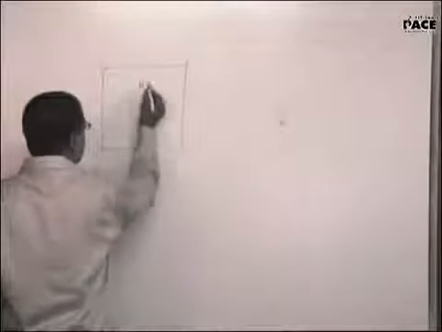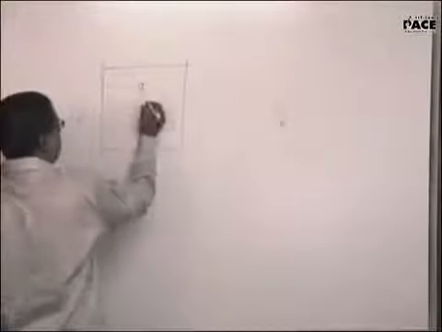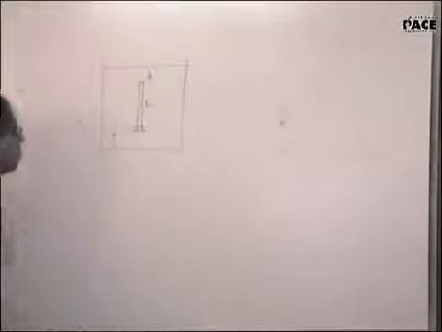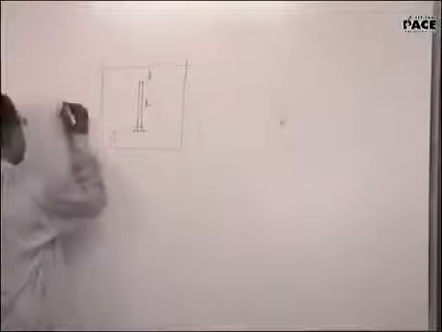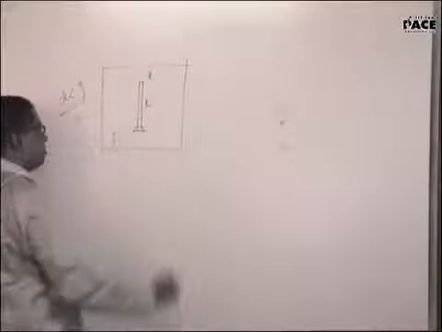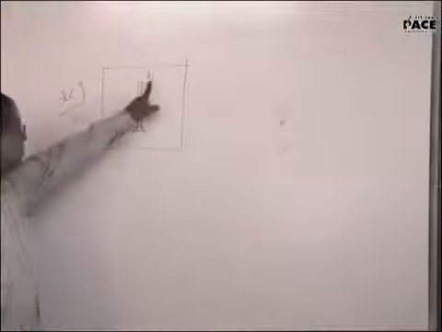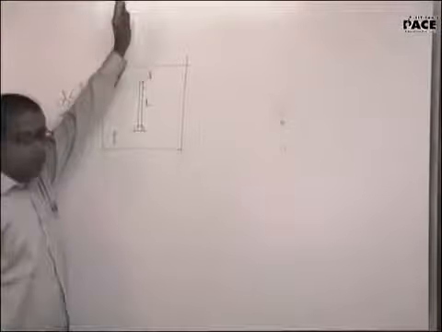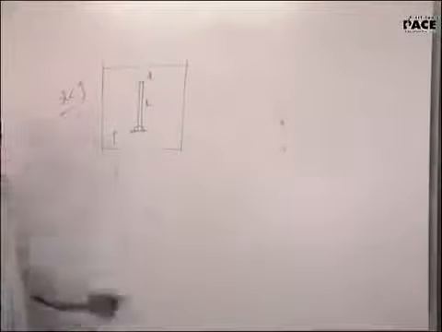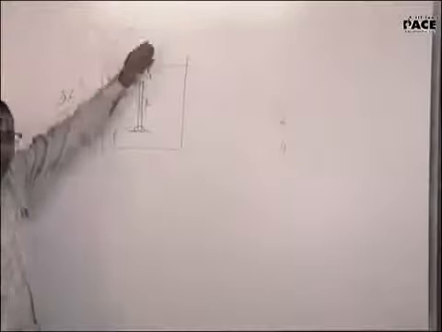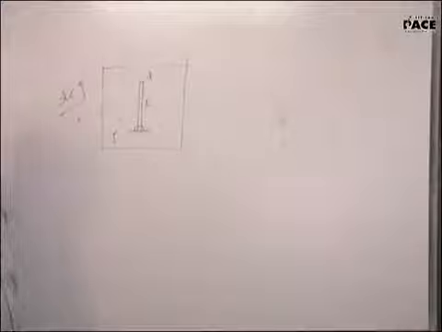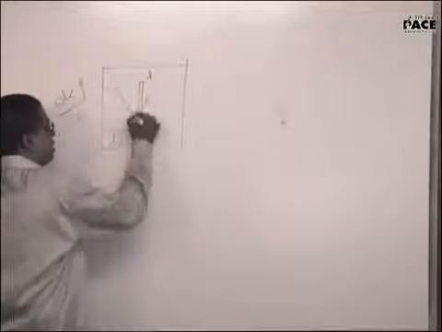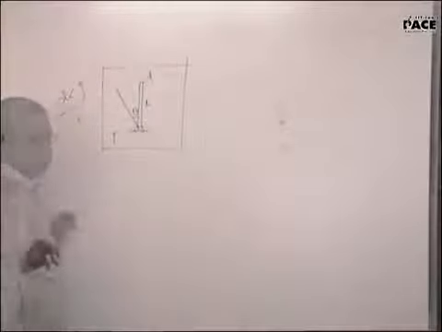This is a thin rod hinged at the lower bottom. L is the length of the rod, D is the density of the rod, rho is the density of the liquid. He is telling you the density of the rod is lesser than the density of the liquid. If I remove the hinge, the rod will go up, because the density of the rod is lesser than the density of the liquid. Now he tells you that he rotates this by a small angle theta.